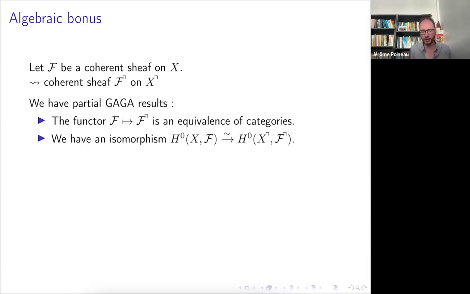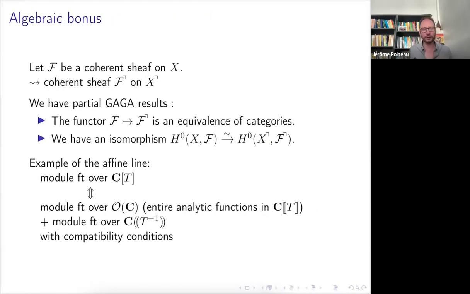Okay. So this is quite an interesting result. Just to tell you a bit more about what it means, in the case of the affine line, a coherent sheaf is just some module of finite type over C[T]. And if you look on the compactification, what is a coherent sheaf? You get a module of finite type over C, the usual C with the analytic topology, so some module over the entire analytic functions, the analytic functions that converge on the whole plane.